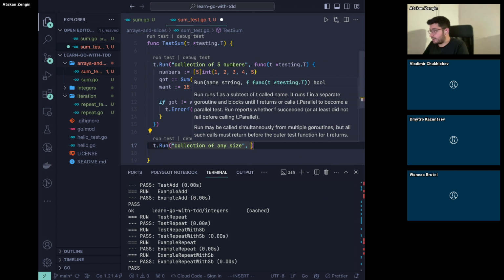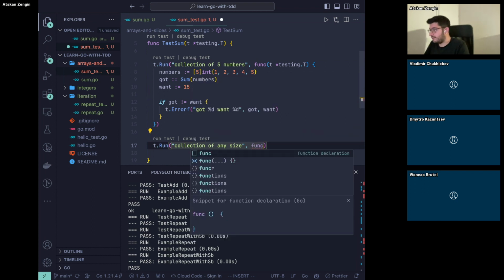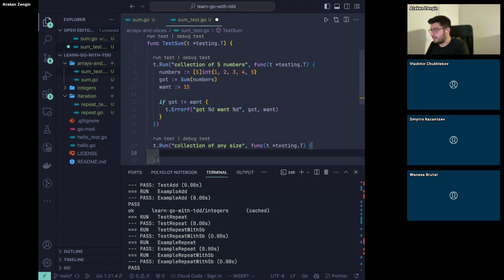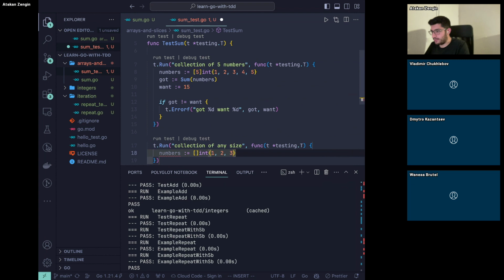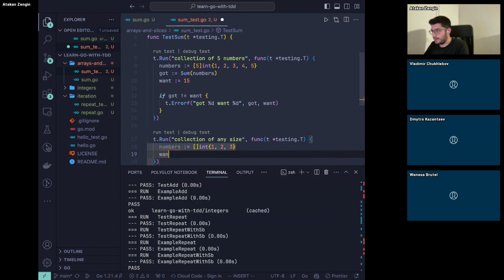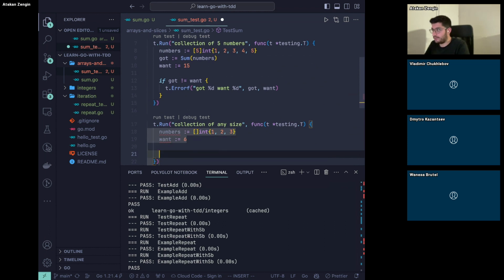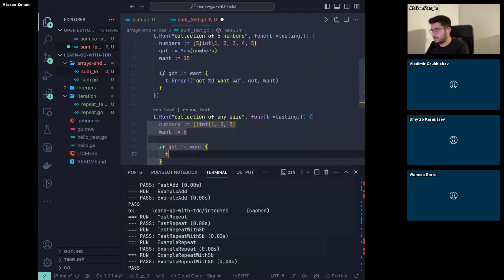So yeah, this subtest will run the sum function of a collection of any size. We're going to have the actual same function signature here. I'm going to open that function, and here I'm going to define numbers again, but with a different syntax here. 1, 2, 3. Okay. And I will have a want of 6, because the sum of all of these values is 6. I want that. And if got is not equal to want, we're going to call